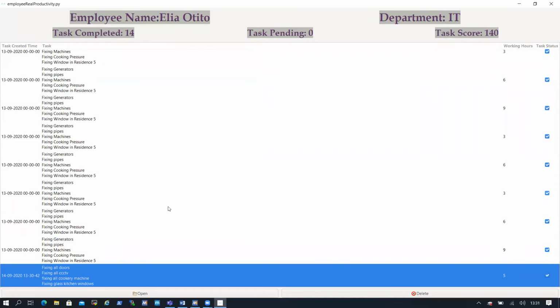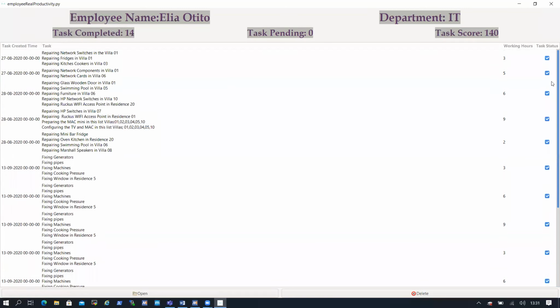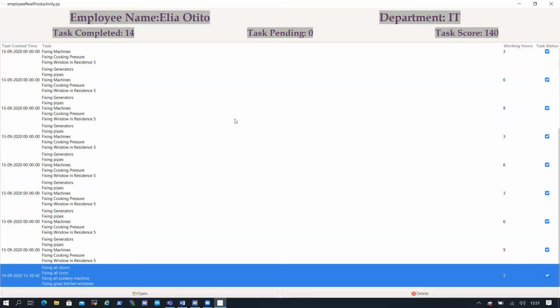Now, as I said, from this application, as you see, it will show the task. It will be within the months. Within the months, it will be adding the task. How many tasks we've done within the months, because we need to grab the employee of the month. So we'll see how many tasks the employee has done during the month. So here it will show since when, since 27th of August until today, 14th of September, I have 14 completed tasks, and my task score is